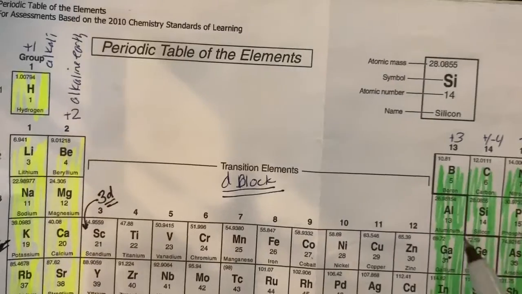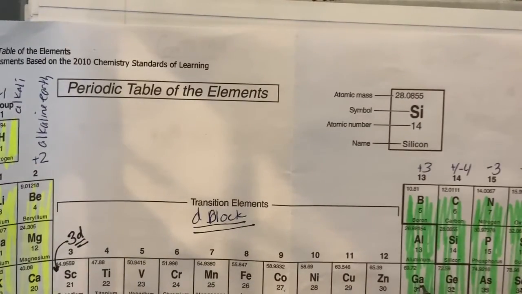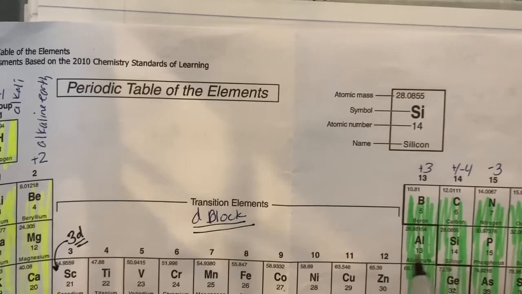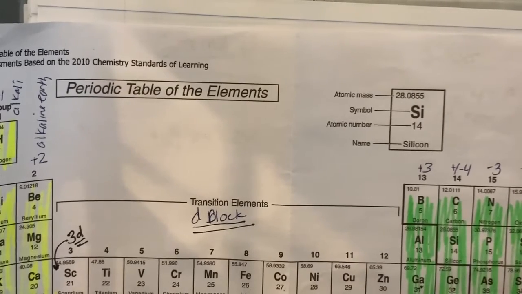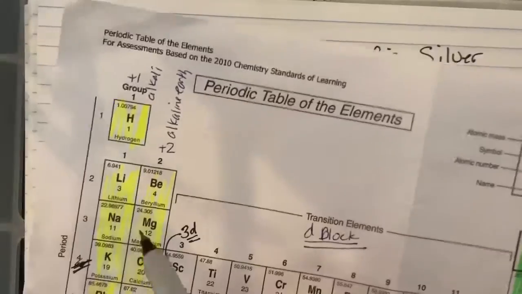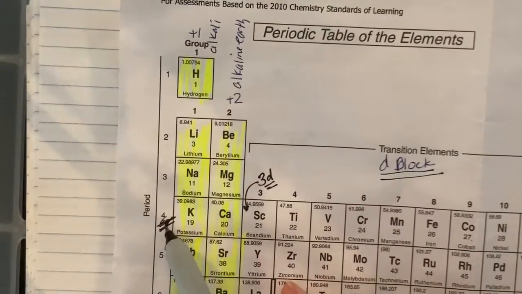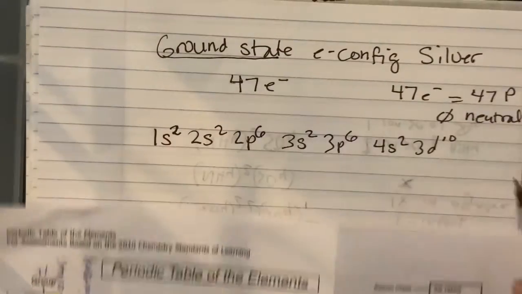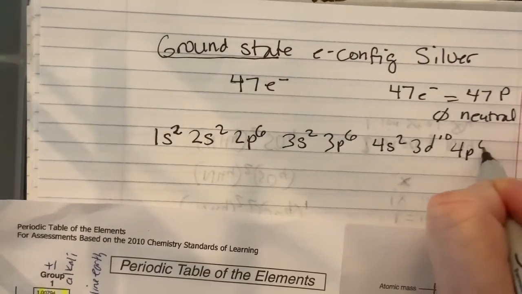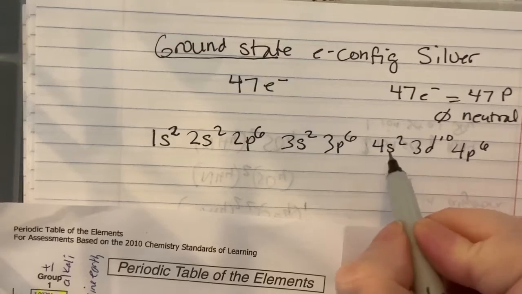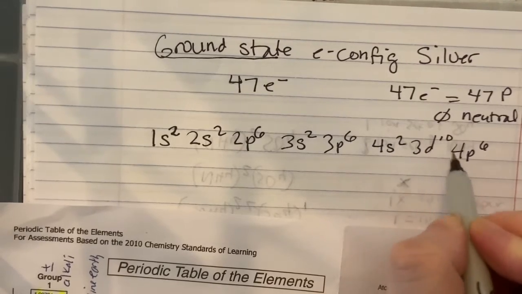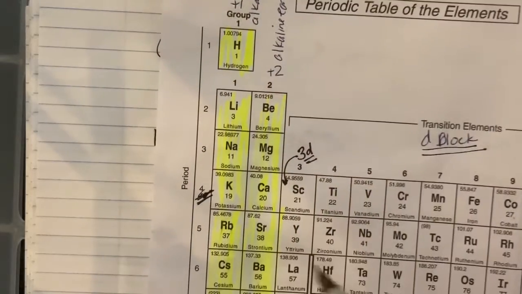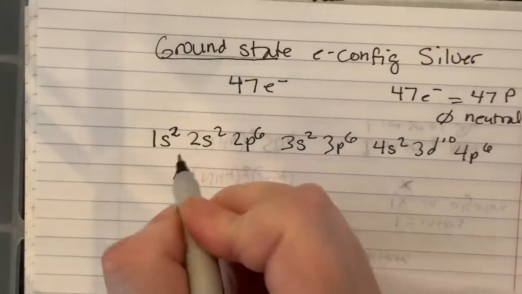And now people want to then say that this guy is 3p6. But remember, we've already used that for aluminum's row. So this still goes back to the rule: 4p6. So you just have that little jump in there. 4s2, 3d10, 4p6. Okay. And the next row, 5s2,